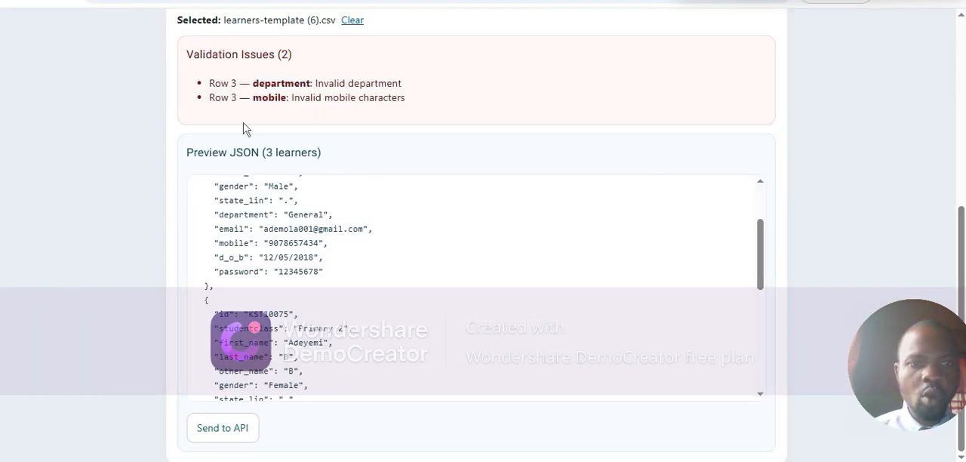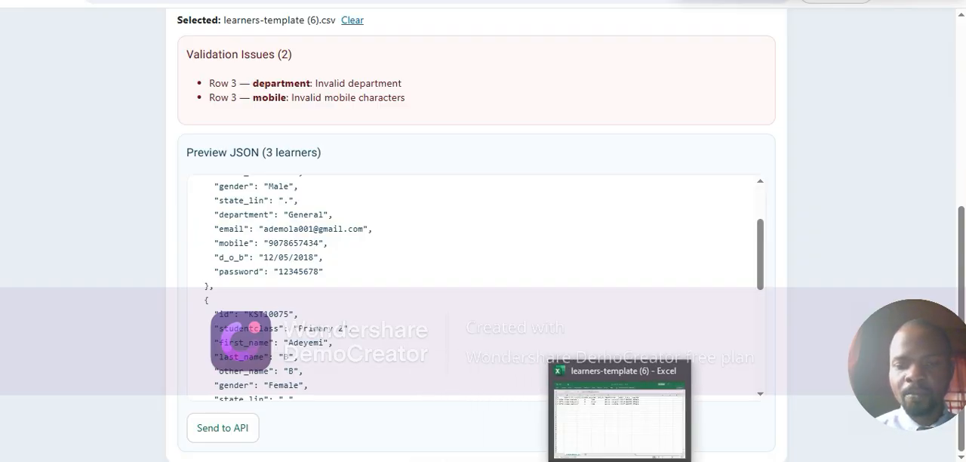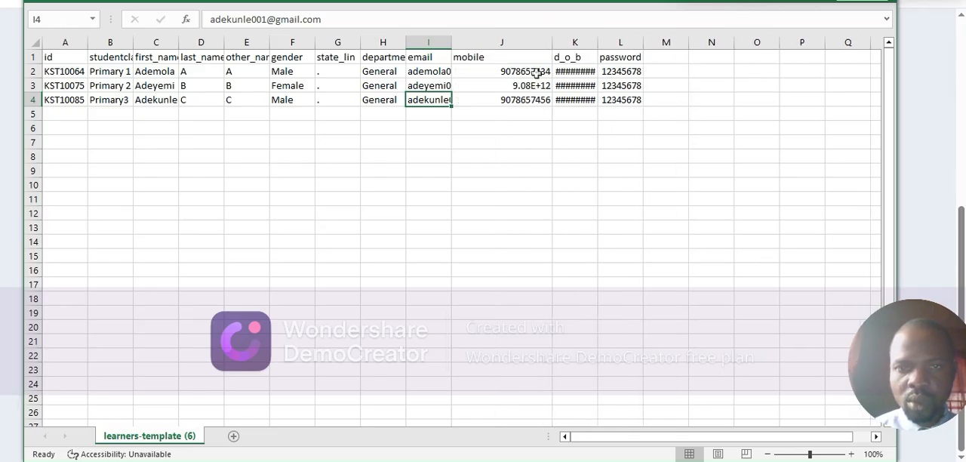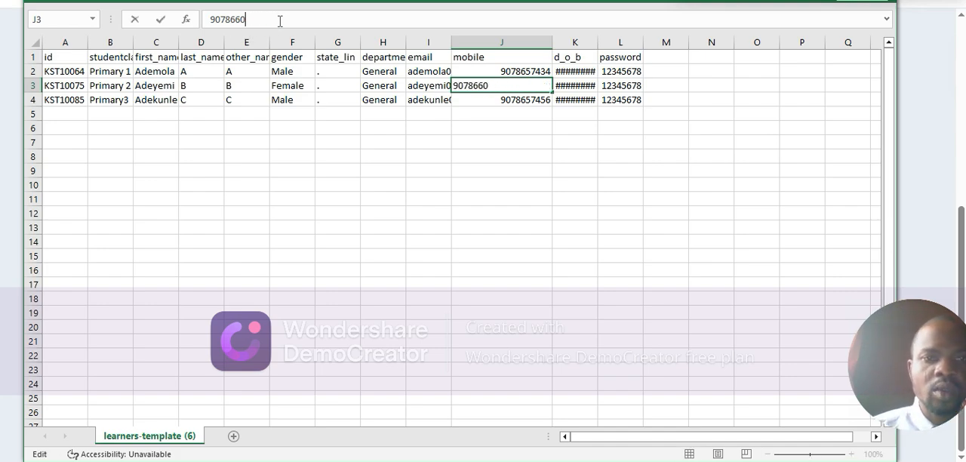And the second one, let's check row 3 as well, mobile, invalid mobile characters. So now let's check what is happening there. So you can see here the mobile number, it's more than a mobile number. So now let me